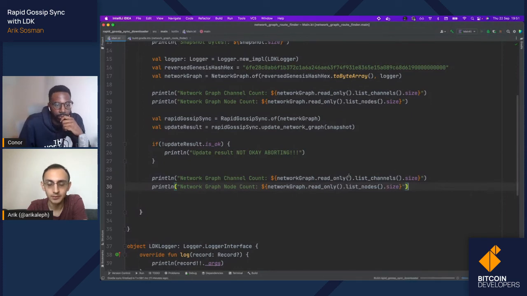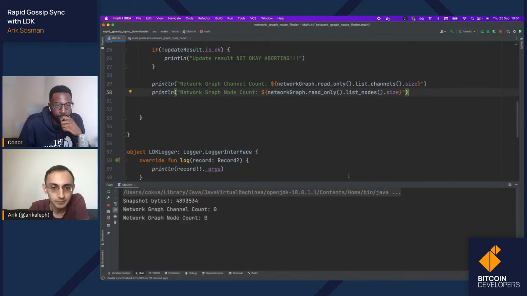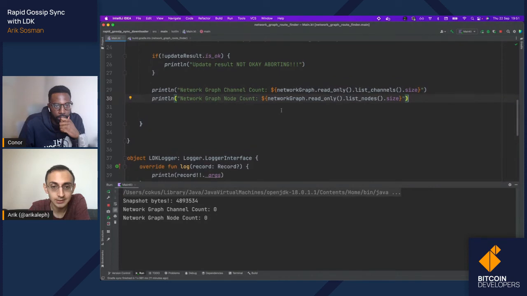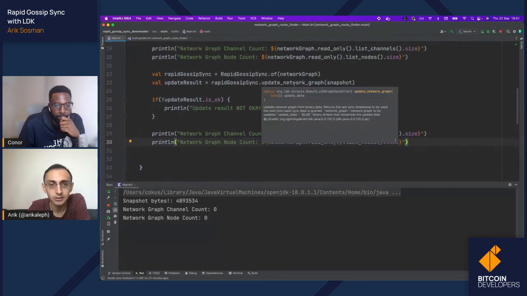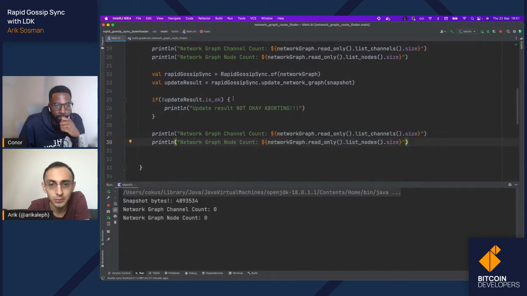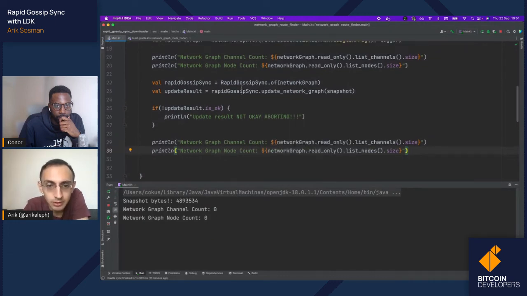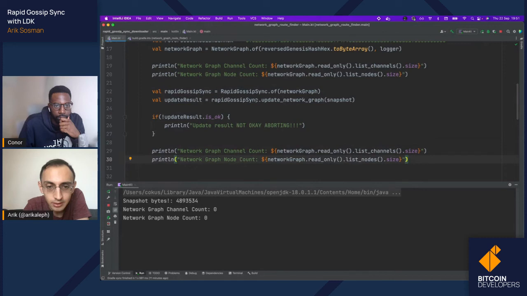No need for the debugger. Yeah, man. It's getting stuck. It's not calling it properly. I'm not sure why. We maybe need to pass the snapshot with an exclamation mark or something like that.